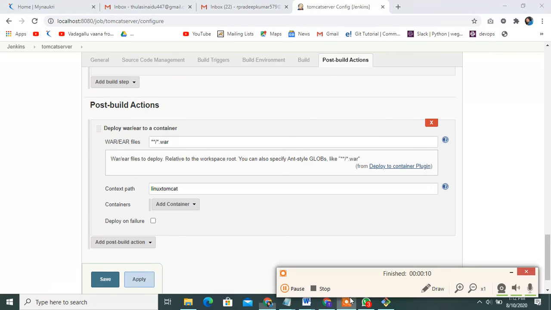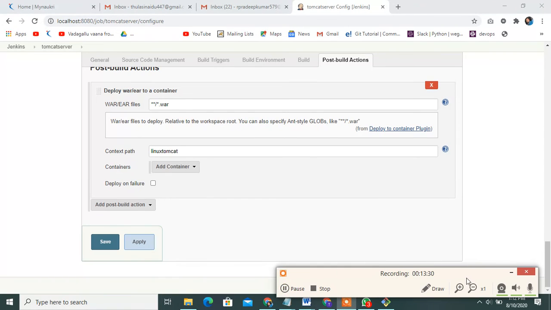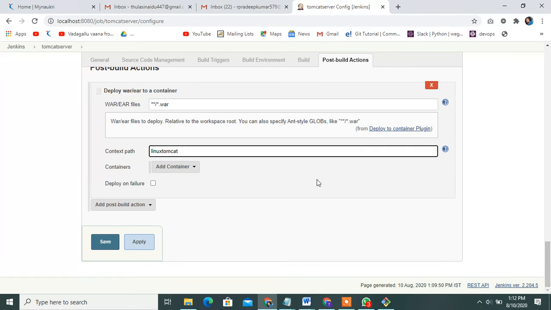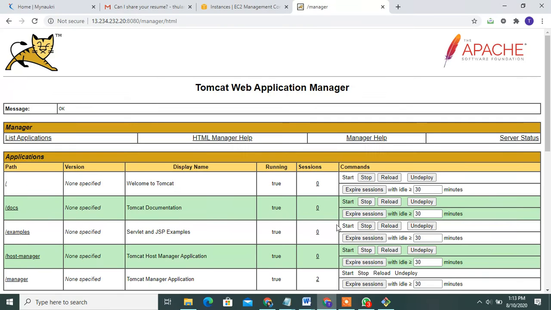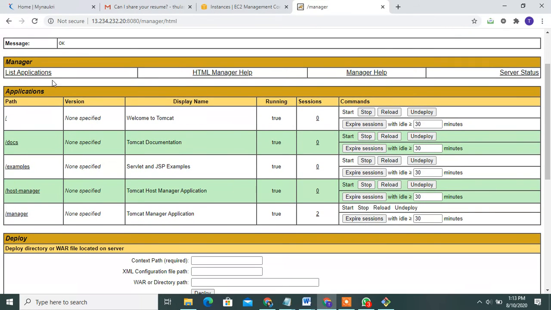Okay guys, the WAR and EAR files you can write, then mention the context path, where you can store the name also. See, I will write Linux Tomcat. Once you check your Tomcat server, that name will be there.